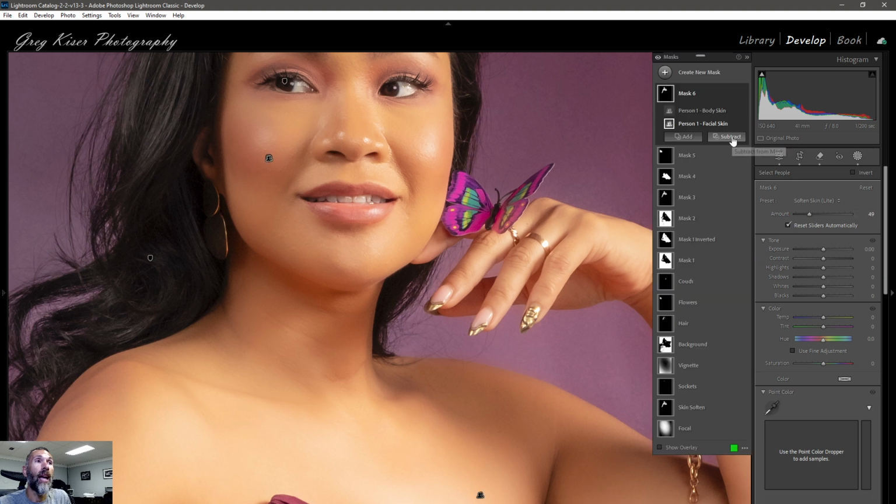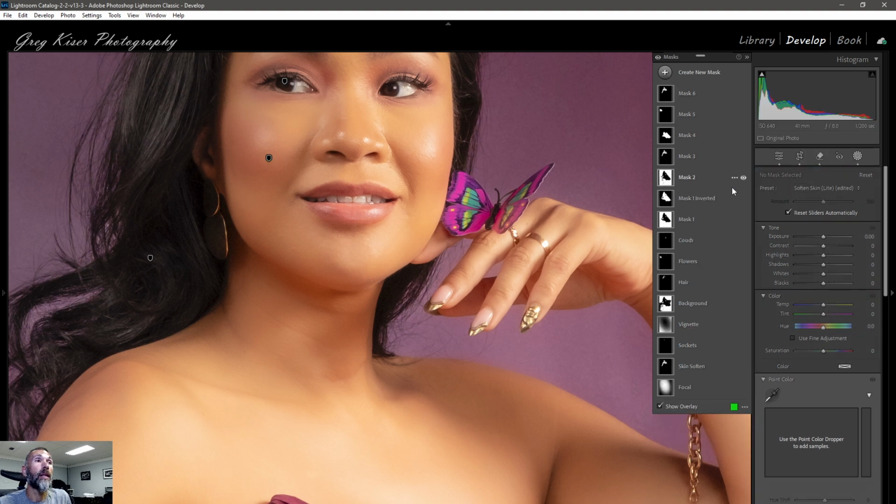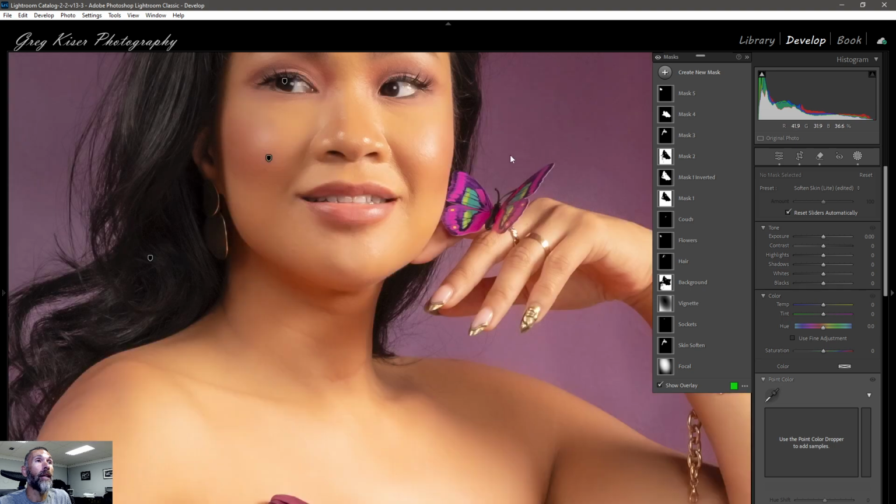So that's kind of how I do the softening the skin. I could do frequency separation, I could do a lot of other different things with it. This is very quick, I think it's effective, and I haven't run into a situation where I don't like the outcome. I don't do a lot of skin softening, I just do a little bit. So we're going to delete that mask because that's just over the top. I like to have that little bit of texture going on, and I think that that is the way it should be. If we remove all the masks,